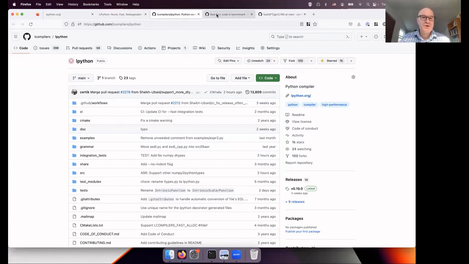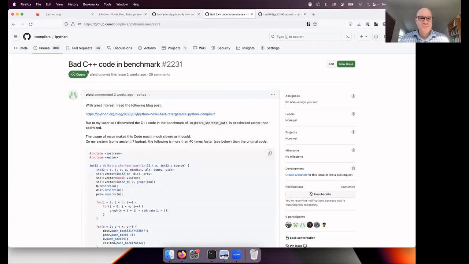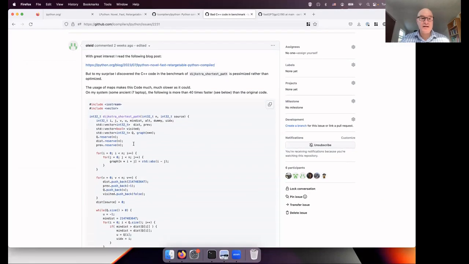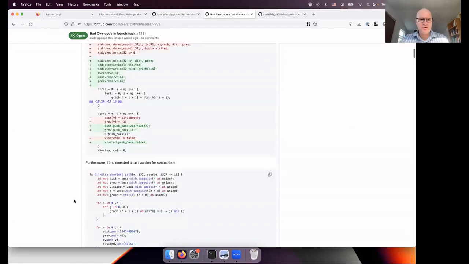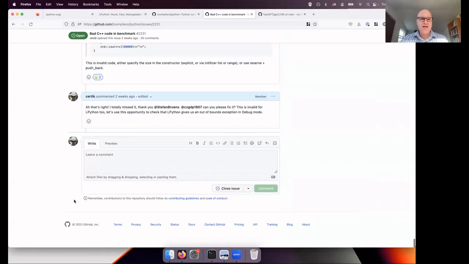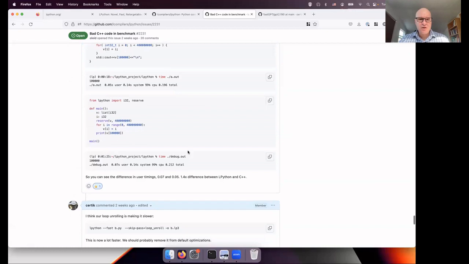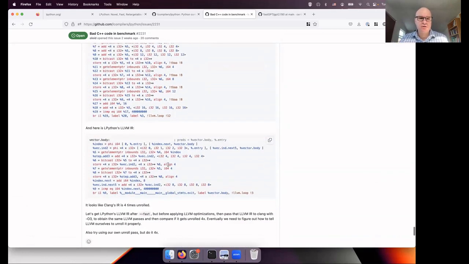And then I want to show you the benchmark I showed you in the slides. When we published it, somebody told us, oh, it's very bad C++ code, it has to be improved. And he was very nice and sent us better code. So we benchmarked that and rewrote the Python code. You can see the discussion, it's a very long discussion. At the end, I'll just show you the results. Looks like if we use lists instead of dictionaries, then the C++ code can be a lot faster. Here is the timing that we got so far. And here is the timing for LPython, slightly slower, so we will still be working on speeding it up.